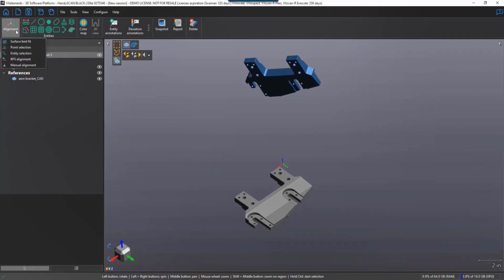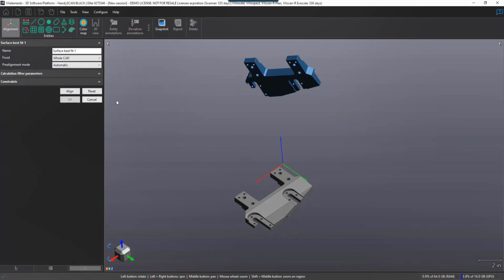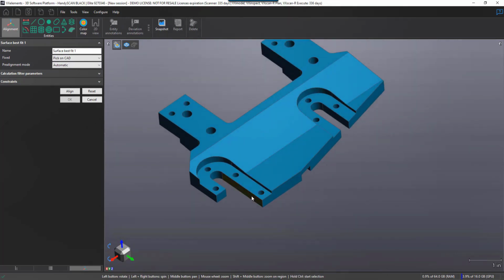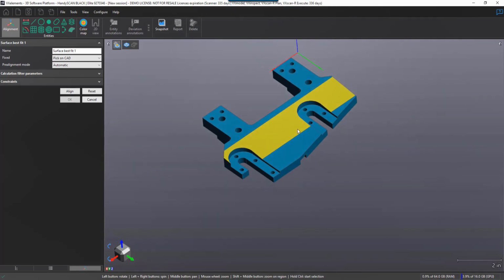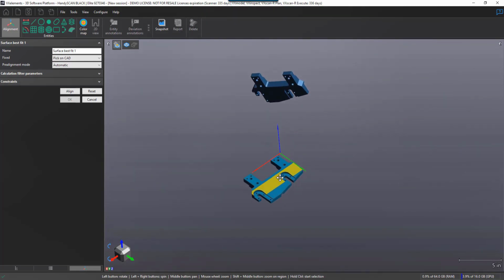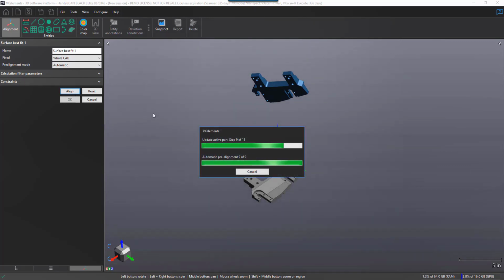Okay, so we're going to begin by creating an alignment. It's going to be a surface best fit alignment. We have some options here. We're going to do whole CAD, but as far as other options go, you can also say pick on CAD. So the difference is whole CAD is the entire CAD model to consider for the fitting analysis, and pick on CAD is more of a selective thing where you can pick on features or faces to be considered during the fit. So we're going to say whole CAD, hit the alignment button,